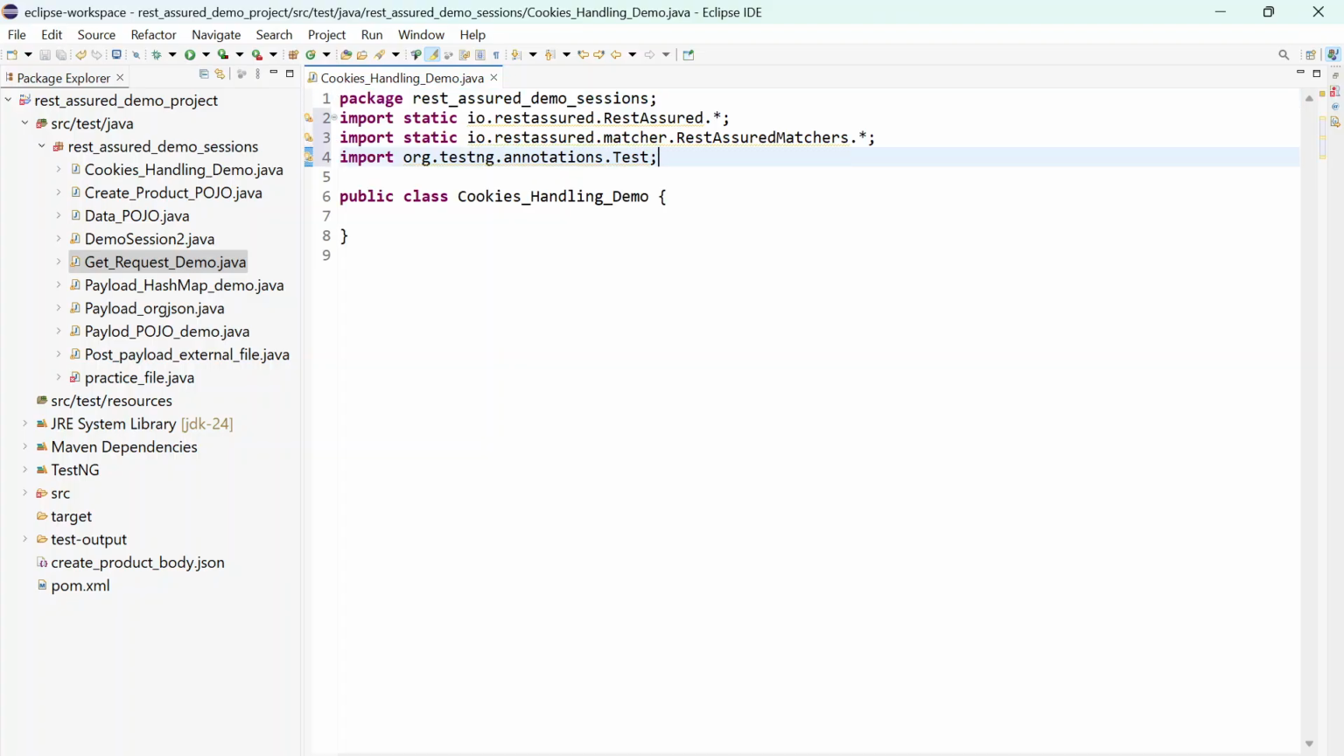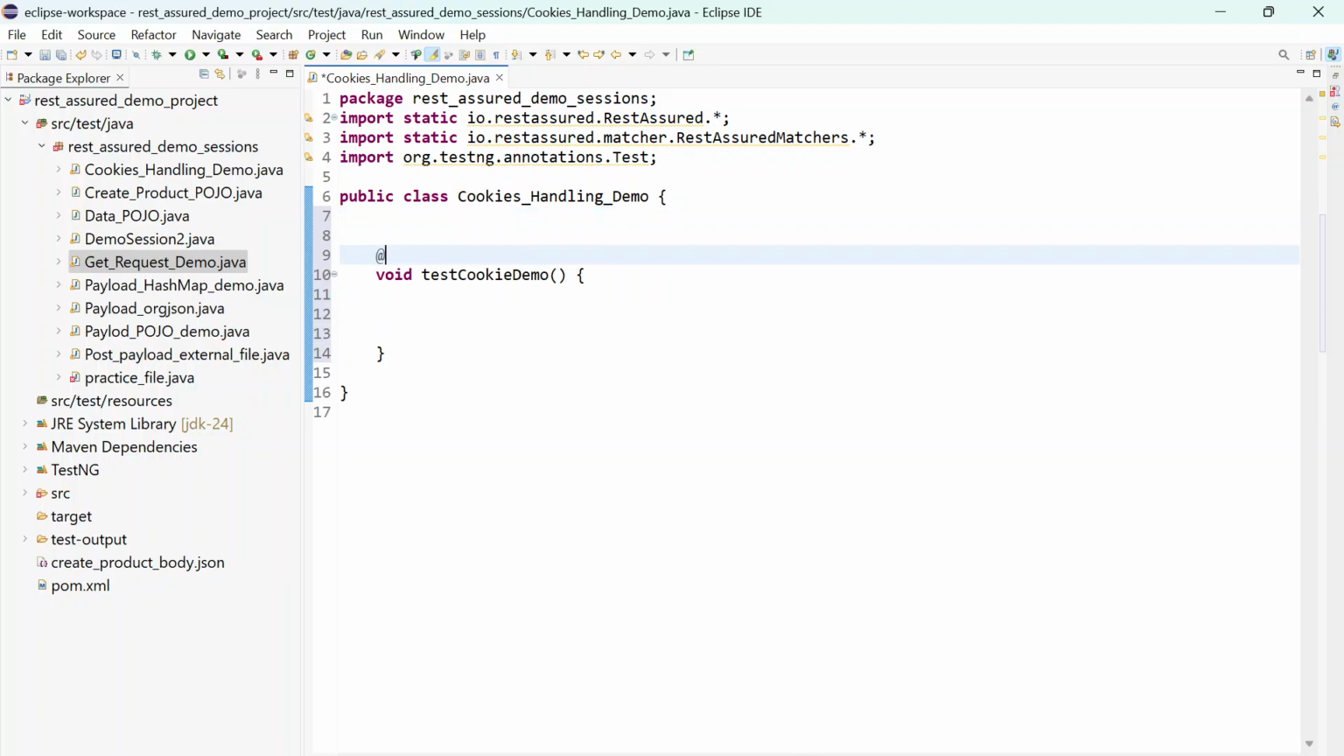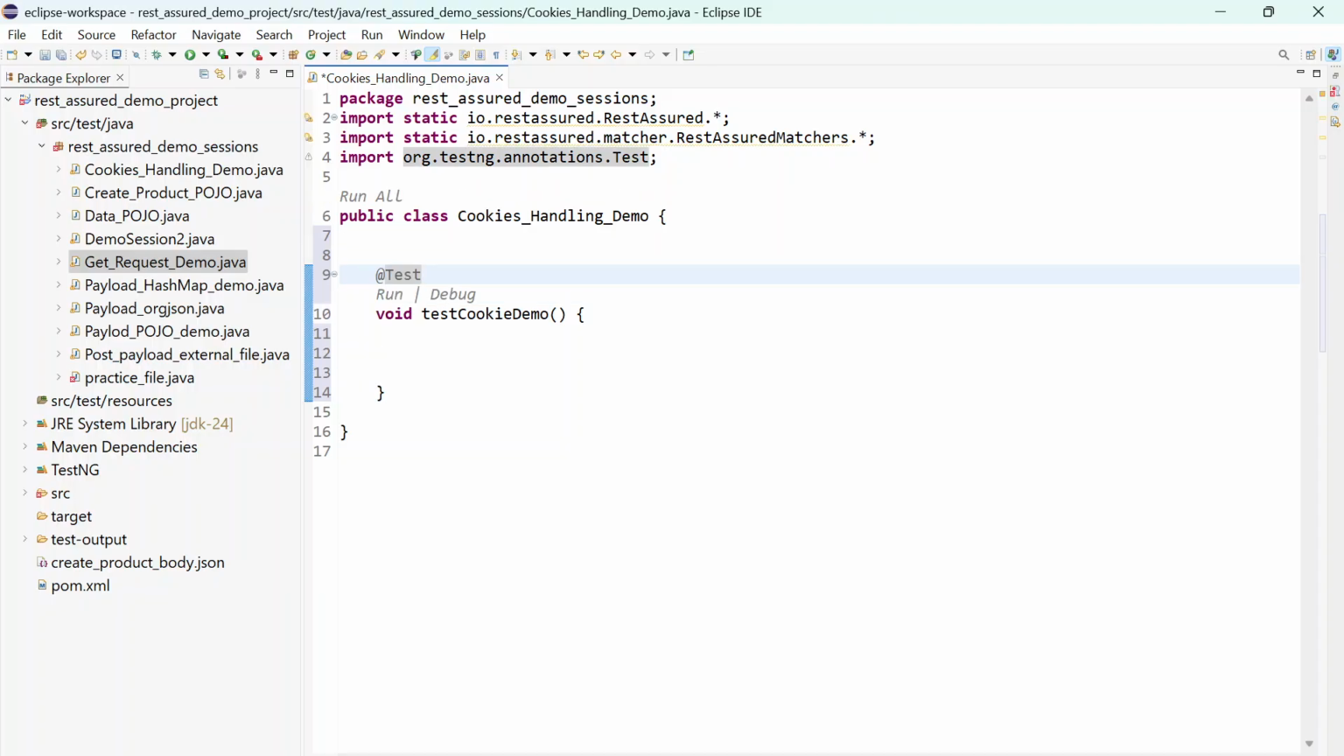I'm just pasting those here. After that, next step is we have to create a test method. So I'm just creating one test method, void testCookieDemo. So I have created one test method, and since we are using TestNG, I am just using @Test annotation,